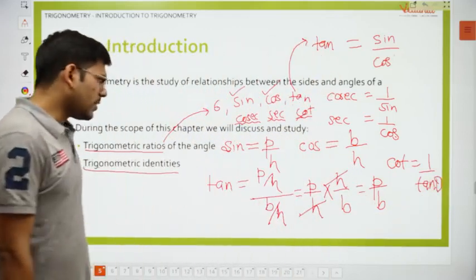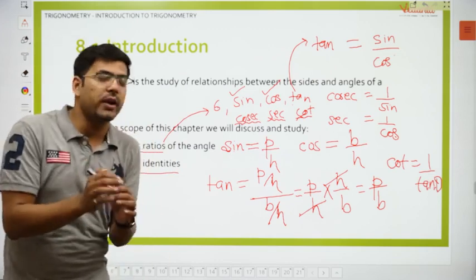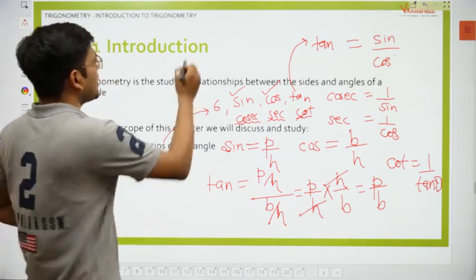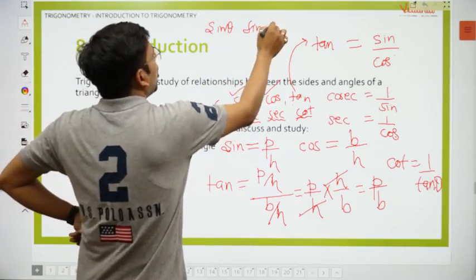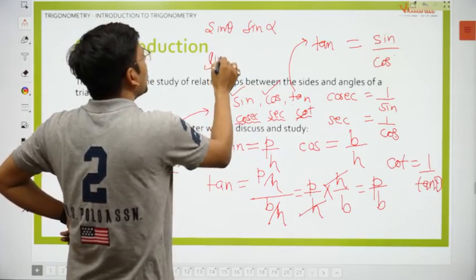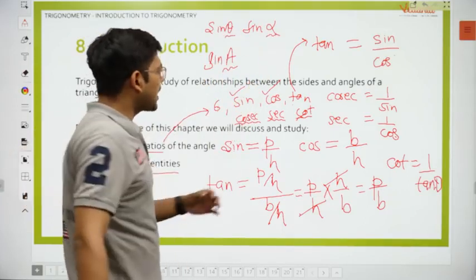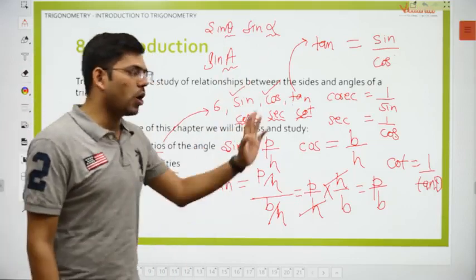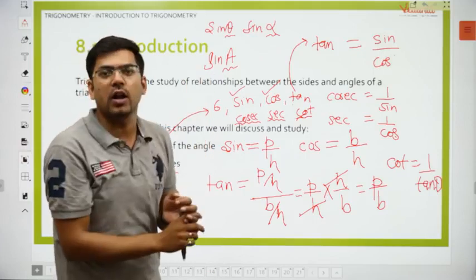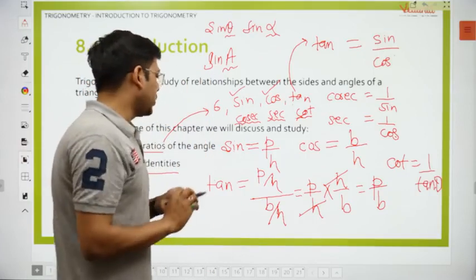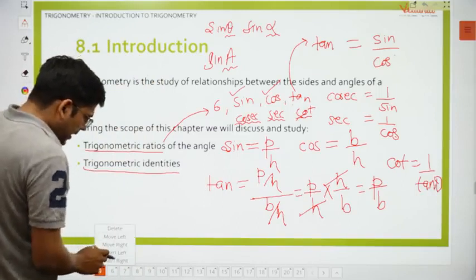Now guys, you must be thinking that all these trigonometric ratios which you have heard about and known are always written as sine theta or sine alpha or sine A or tan A or something like that. Means there is always a quantity theta, alpha or A. But I have written everywhere only sine, cos and cot. Nowhere have I used any of the angle theta or alpha or A. Why so? Now let me tell you.